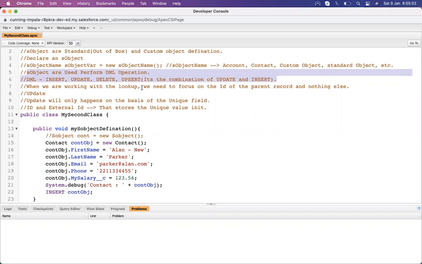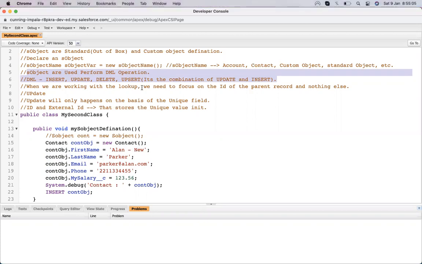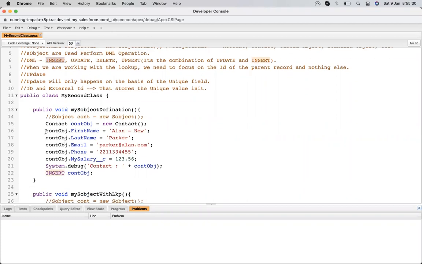Whenever we need to perform a DML operation in Salesforce, we take the help of an SObject, so that we get an instance of that SObject, or we can say the object. We can create an instance, and that instance contains all the field information that the object has. Then we put in the values required.